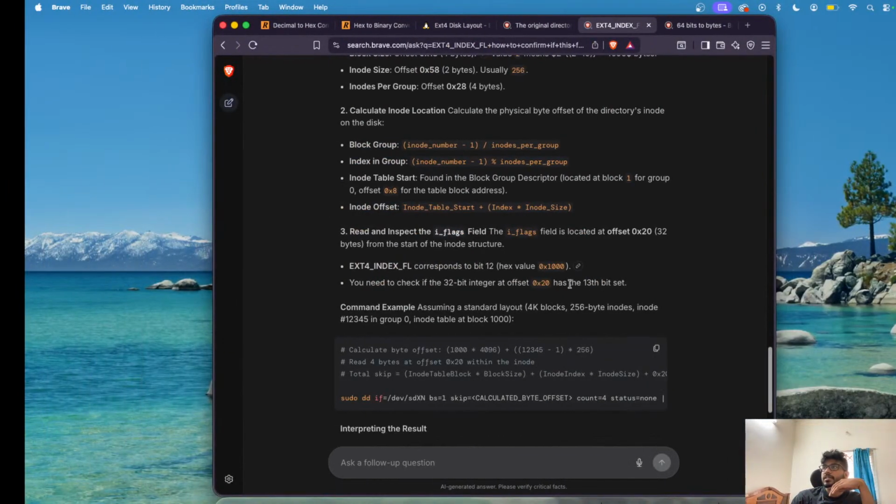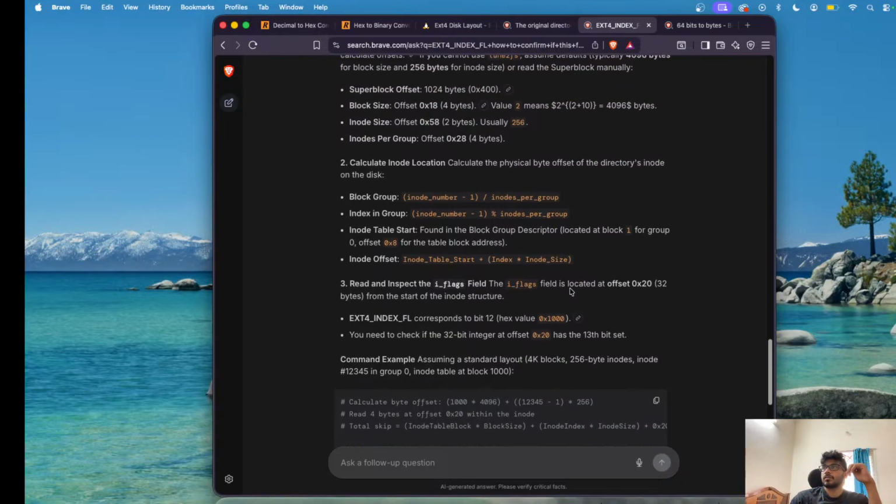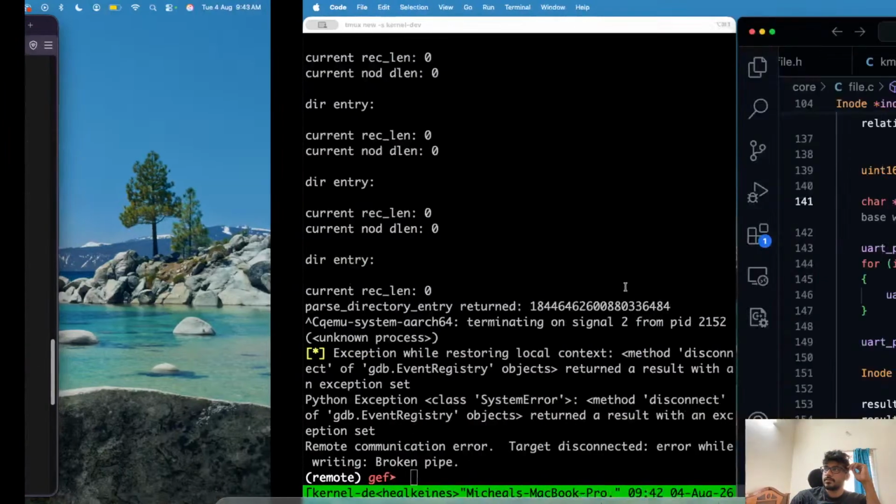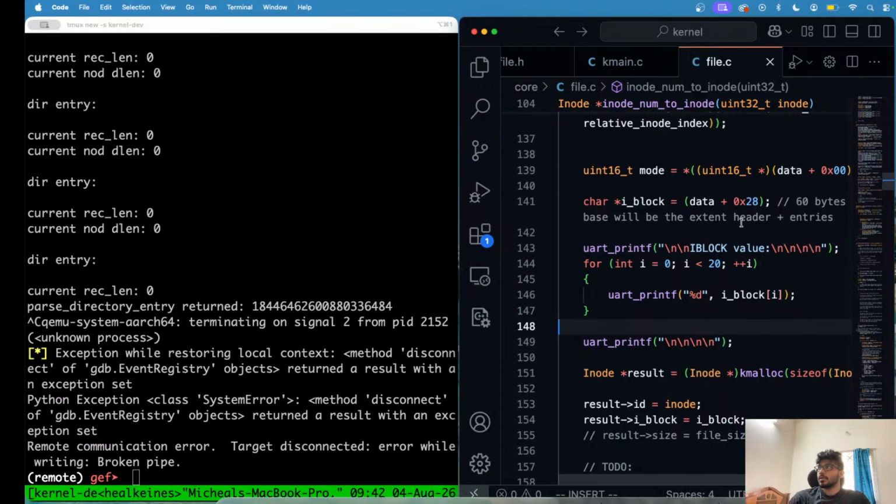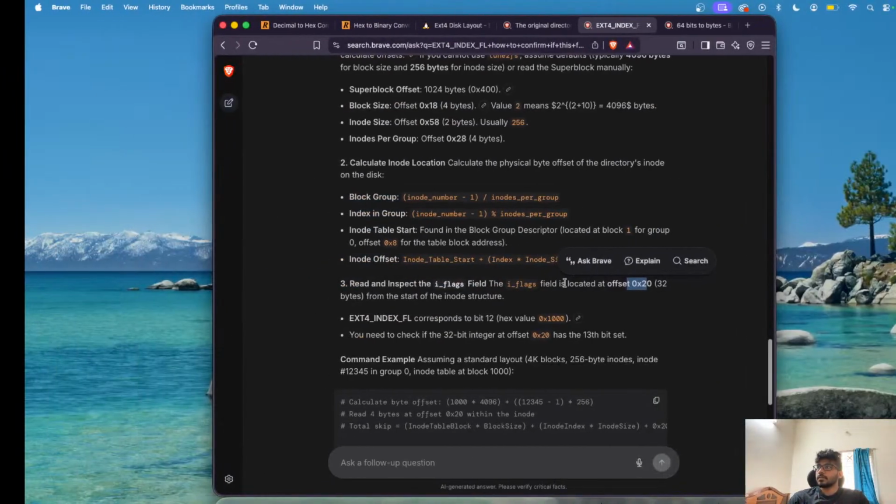But in our case, we need to read 0x20. Okay, so let's read that. Read that flag as